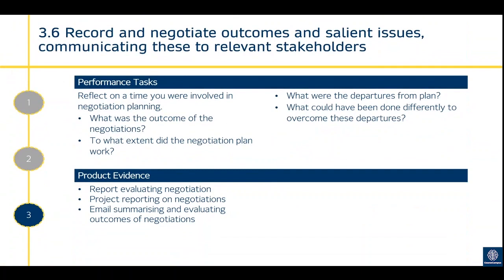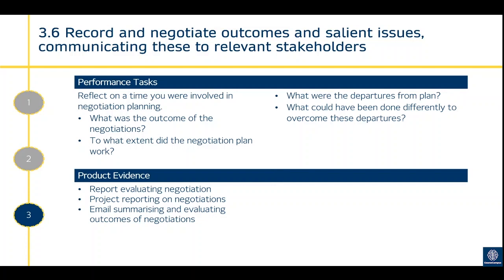3.6, record and negotiate outcomes and salient issues, communicating these to relevant stakeholders. So once your negotiations have been done, it's important that you communicate that to your stakeholders. For example, if you are negotiating around acquiring resources, there will be stakeholders working on your project that will be using those resources, and they will have to know the outcome of your negotiation for them to be able to make decisions, so they know that those resources will be available when they need them. So this criteria is looking for you to evidence that you are communicating the outcomes of your negotiations